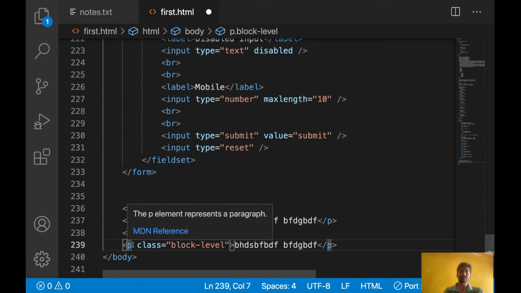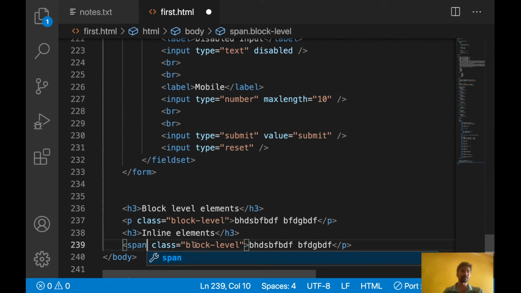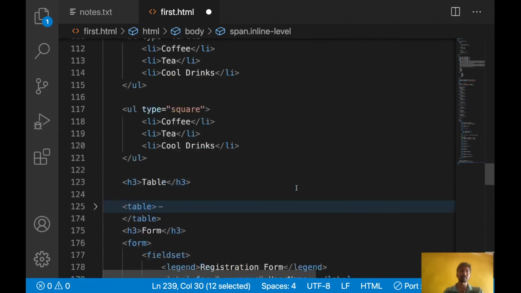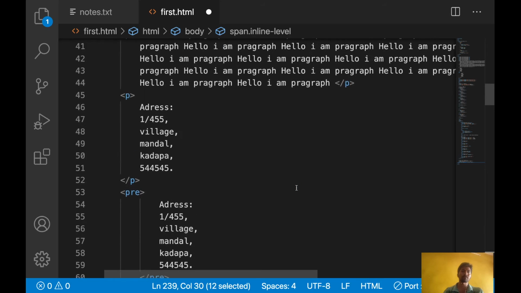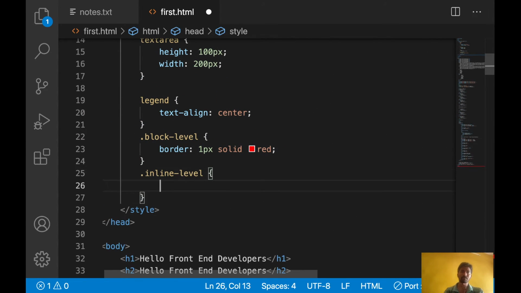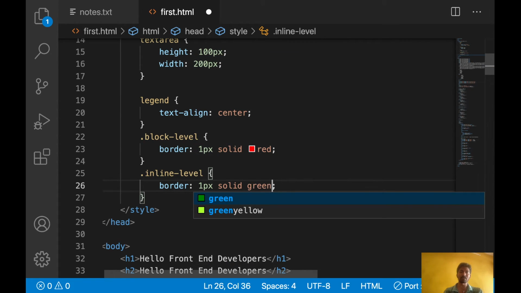An inline element example is span. Okay, so let's write some border for the inline element. I want to give some green color border.